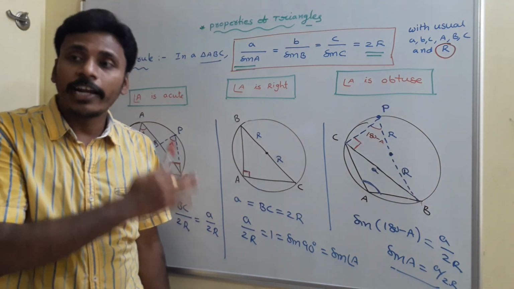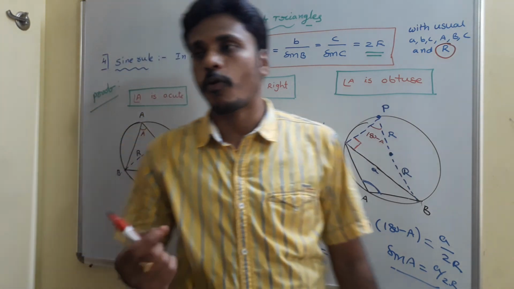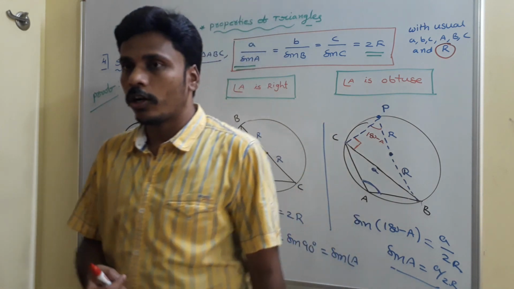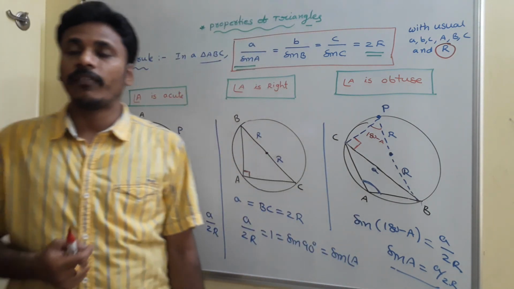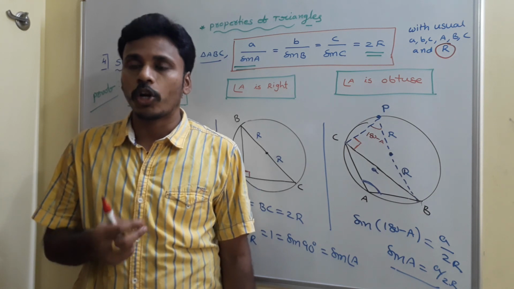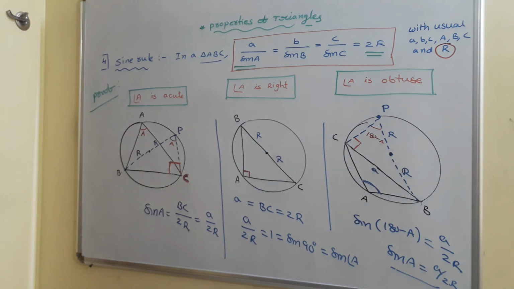First of all, you just identify how we proved it. It is possible just with the help of different properties of triangles related to the circles. Just have a look and go for a screenshot, and then I will give you different observations and the problems related to this sine rule in the next point 5.